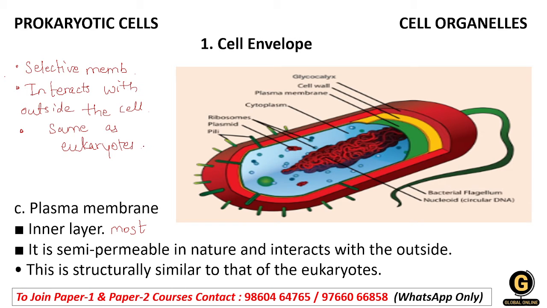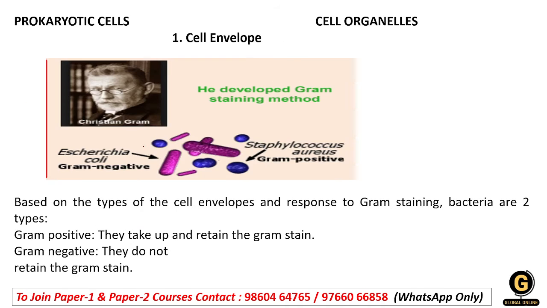So here the cell envelope is complete. Cell envelope has 3 layers, that is glycocalyx, cell wall, and the plasma membrane. Glycocalyx is called the outermost layer. Cell wall is the middle layer. Plasma membrane is the innermost layer. So here we saw about the cell envelope and their functions. Now we will see the